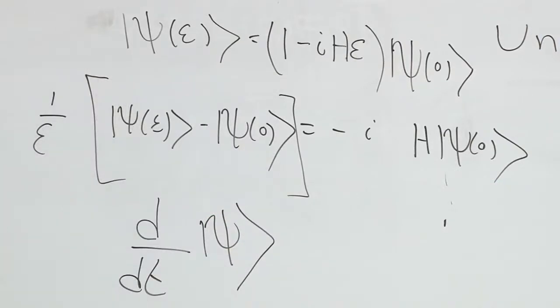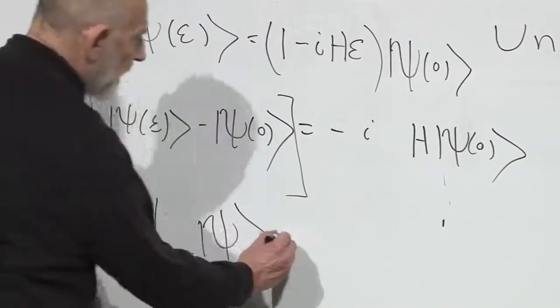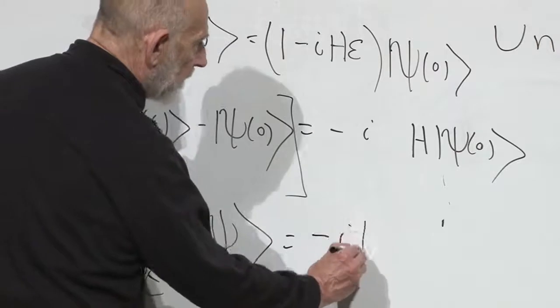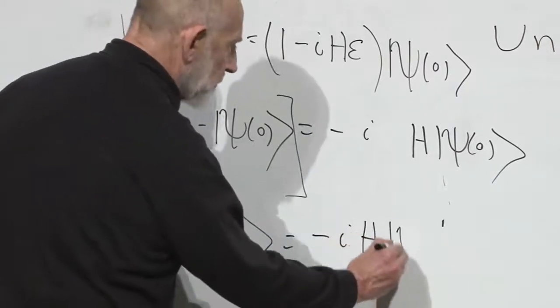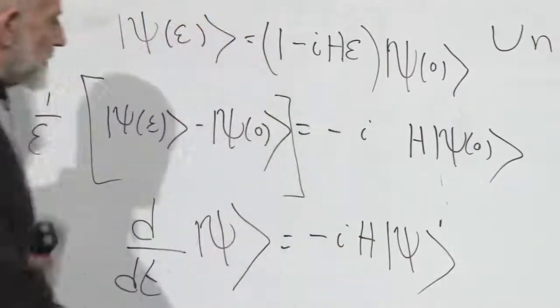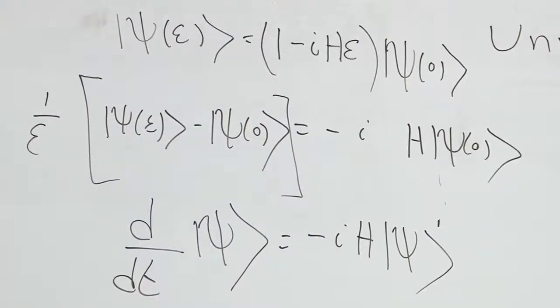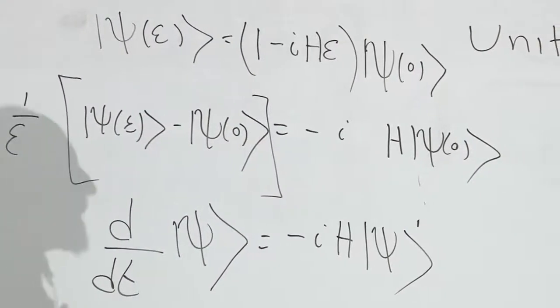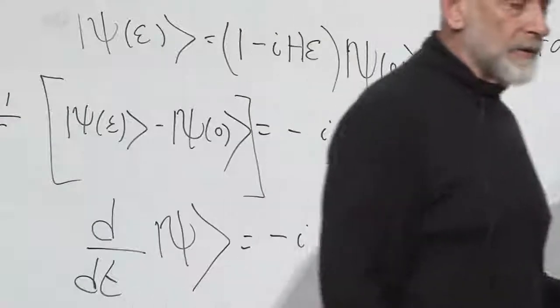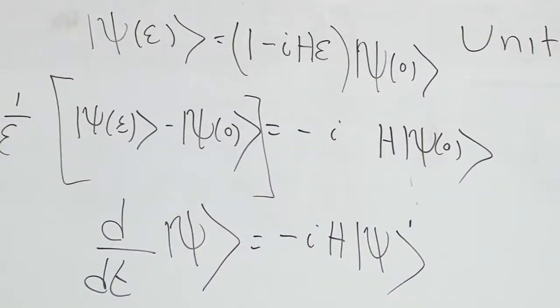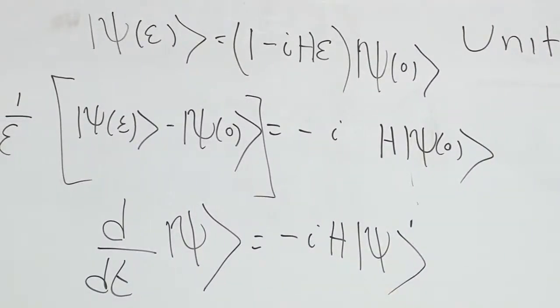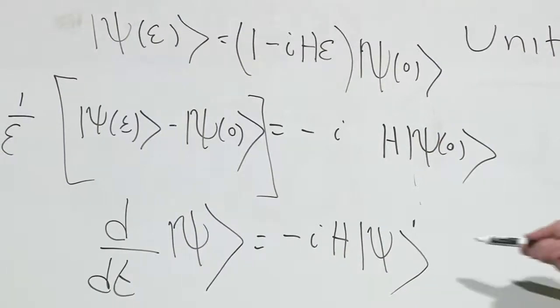The time derivative of psi equals minus i h psi. At any given time, it doesn't have to be at time 0, if you want to find out how the state of the system changes over an incremental time interval, this is your